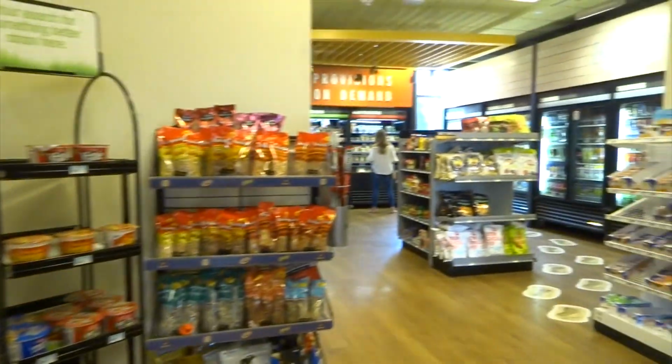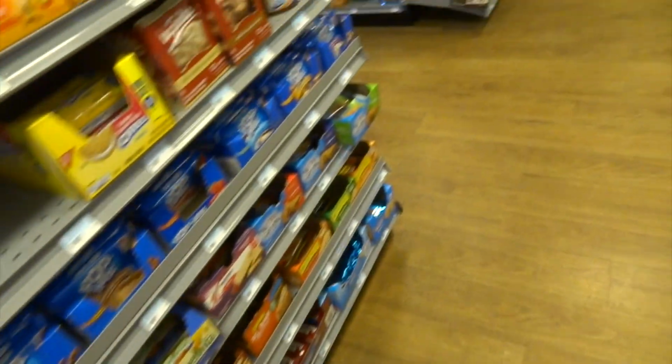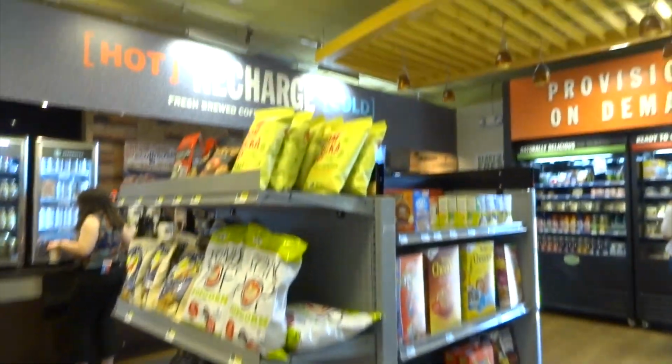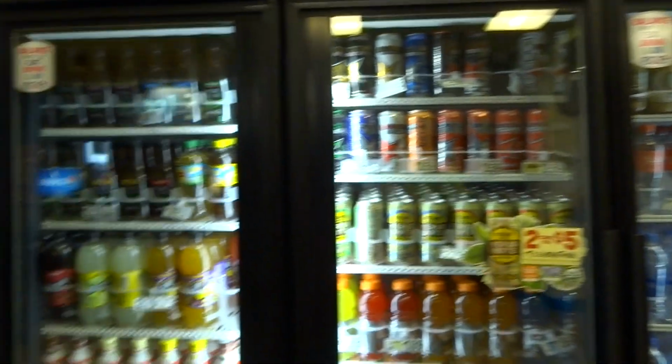So in here you have like pasta, little microwavable meals, chips. Over here we have like some toiletries and stuff like that, but a lot of it is really overpriced. What else? I come in here a lot because I love a good snack. We have water. And then over here in the refrigerated section, we got like ice cream and coffee, lots of